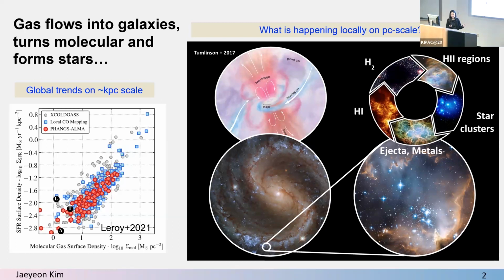Much of star formation and galaxy evolution occurs along this sequence, where the x-axis is the molecular gas surface density, and the y-axis is the star formation rate surface density. However, in PHANGS, we wanted to focus on what is behind and beneath this global trend. We wanted to study the engine that is driving the galaxy growth, which is the violent feedback cycle between gas